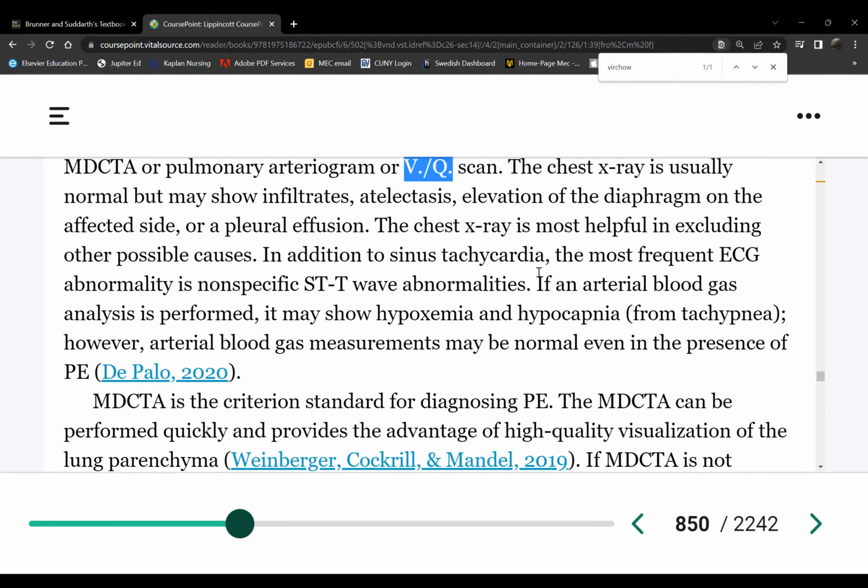Other testing, of course, will draw blood tests because we need to see other problems. Let's say, is this a heart attack? Is this a heart failure? For heart failure, what blood test do we draw? BNP, very good. If it's a clotting thing, what do we draw to see if there is a clot? D-dimer, very good. So we'll draw all those. And if the D-dimer is high, it's pointing more toward a clot, correct? So then they'll order either the CT with IV contrast or the VQ scan.